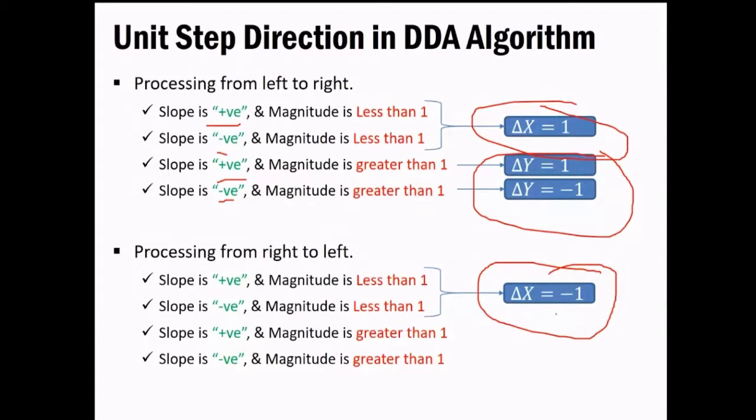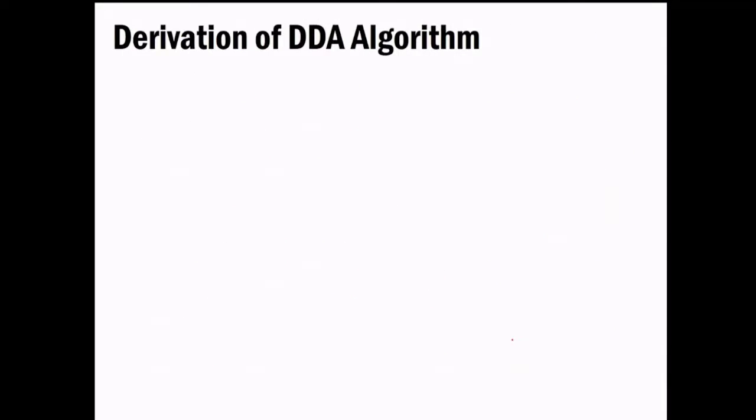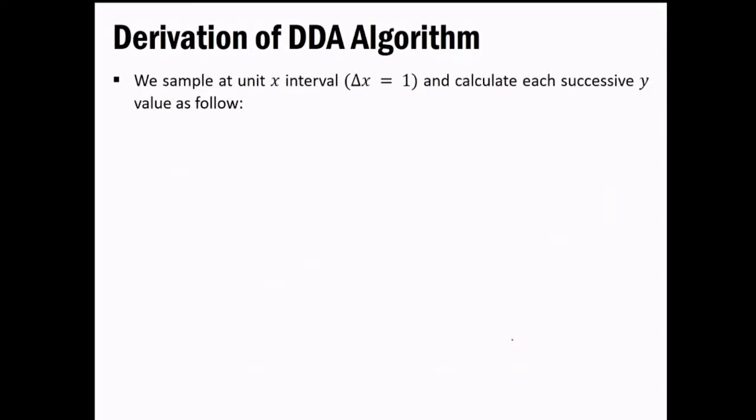So basically you need to know this thing before we proceed further. Okay, and then we have slope thing, that is slope is positive, slope is negative, magnitude is greater than 1, then you'd be having delta y that will be equal to -1 and delta y equal to 1. Okay, अभी आपको नहीं पता है, but obvious है, you would not be knowing कि भाई delta x है तो क्या करना है ना. So then the next slide says this thing, that if we have this thing, then how to proceed further. Okay, so we will be looking at the few derivations that we have in DDA algorithm.